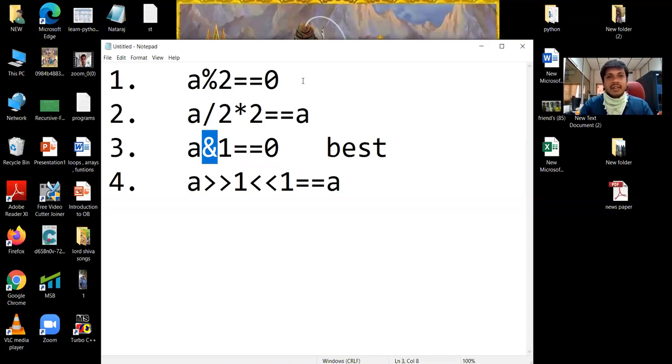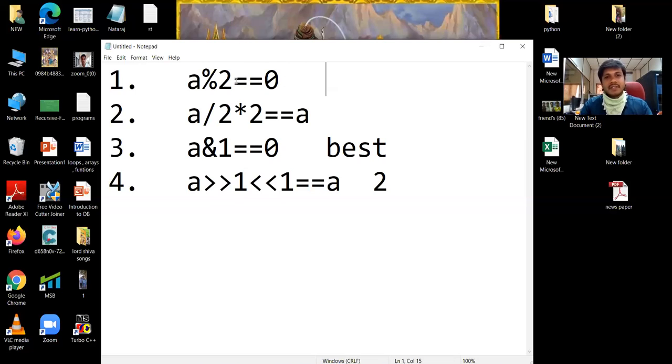But here you are doing a modulus operation and a comparison operation. Modulus operation takes much time compared to this bitwise operation, and these are much worse. You know, a division operation and a multiplication operation, and here 2 bitwise operations, that is one left shift operation and one right shift operation. So here number of operations are 2. Here number of operations is 1.